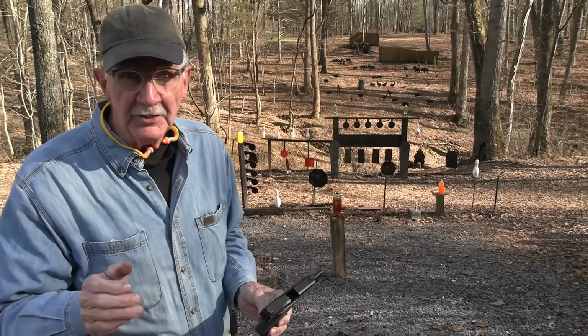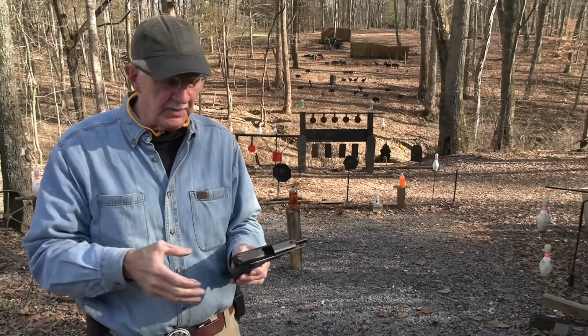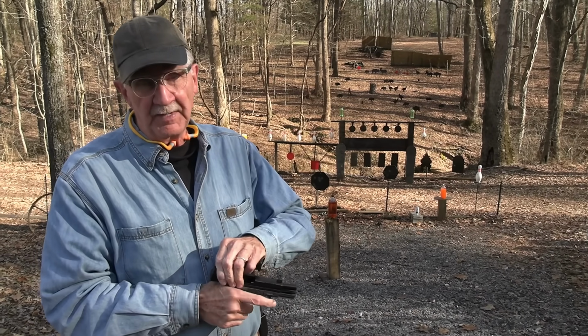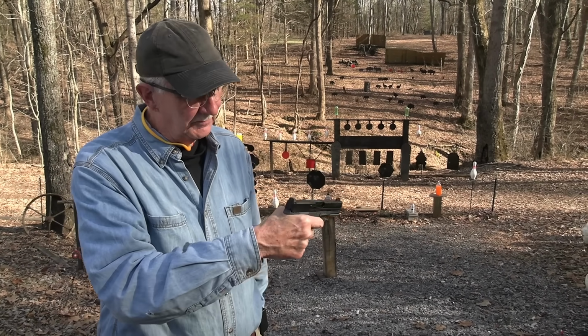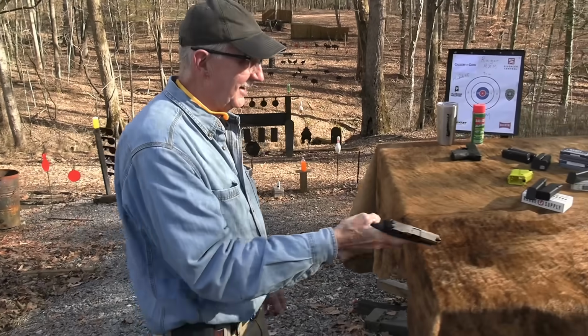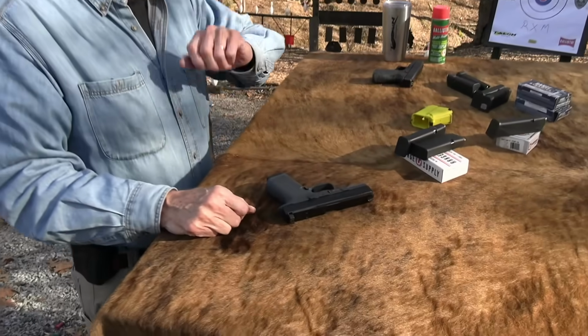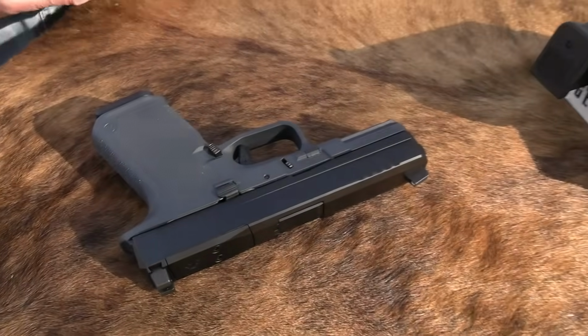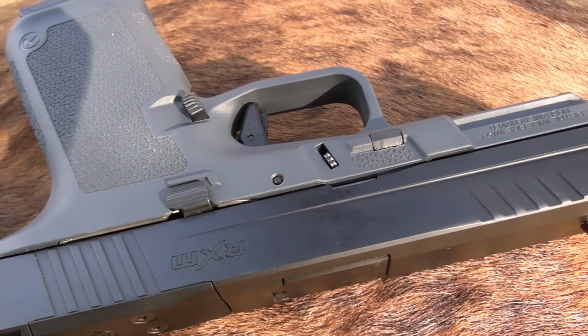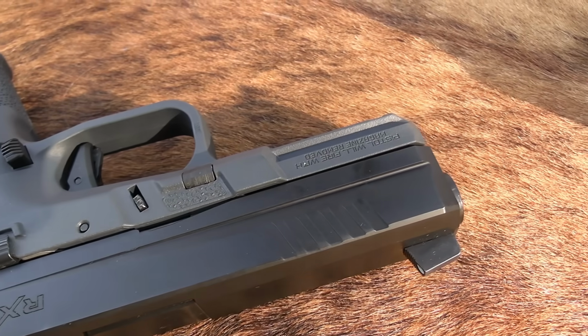The RXM, you're probably already somewhat familiar with it. You know it's out. I know you know it's out because you've been asking me when we're going to get one. Well, I've had one for a while, just haven't gotten around to doing a video with it. Yep, this is the Ruger RXM, and it's kind of a Gen 3 Glock 19 clone, but